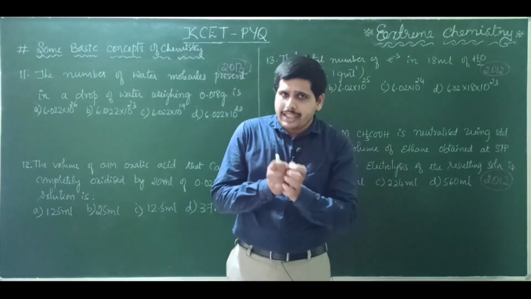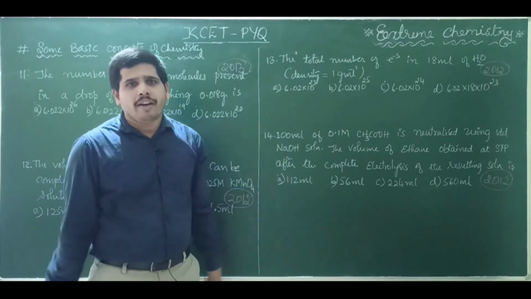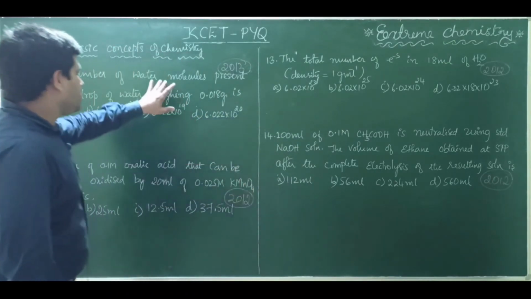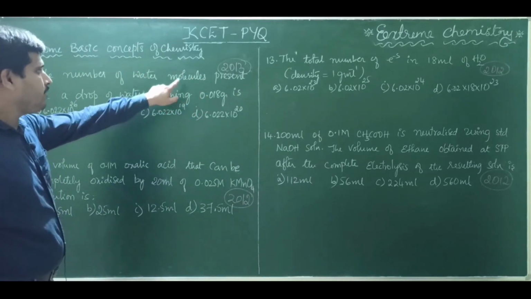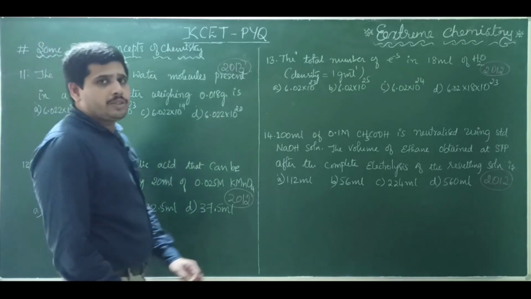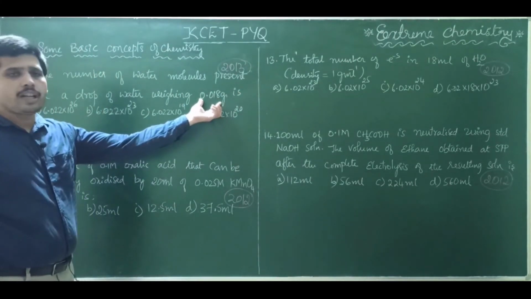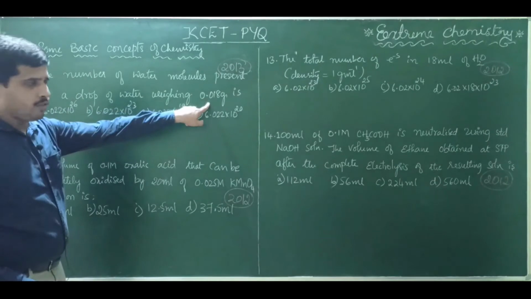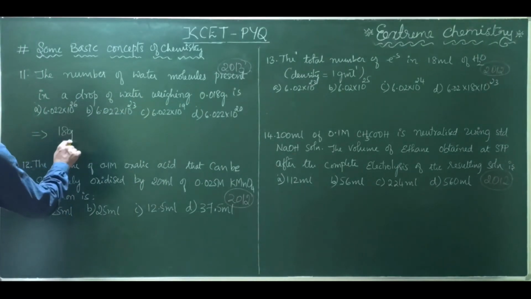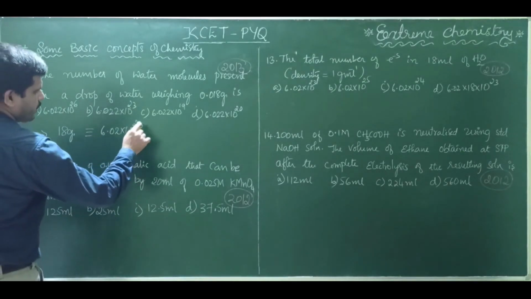So 1 mole of any substance, you know, contains Avogadro number of molecules. You know that the molar mass of water is 18 gram, right? So 18 gram of water will contain 6.02 into 10 raised to 23 molecules. Now our weight of the water drop is 0.018 gram. How many molecules will be there? Simple one step calculation. 18 gram is equivalent to 6.02 into 10 to the power 23 molecules,